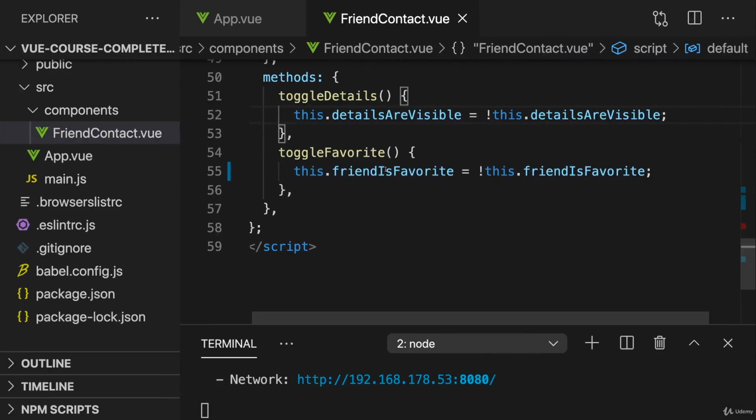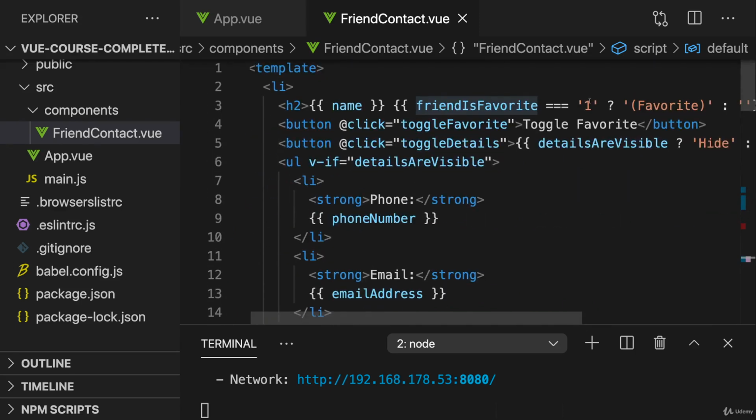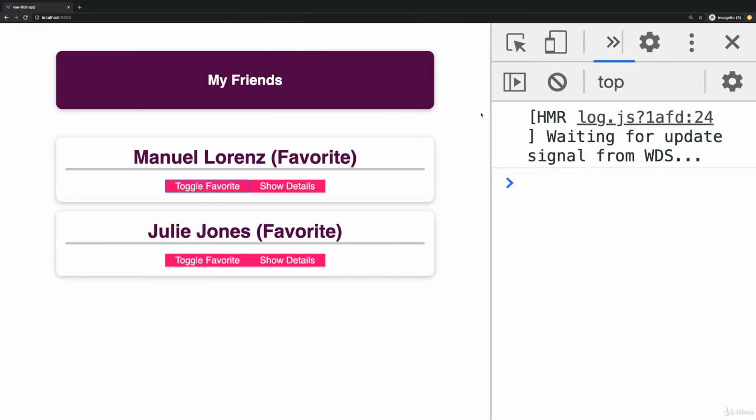Now toggle favorite is not working here. Let's see why that is the case. Yeah, because this check of course is wrong. Since it's a boolean, we should check if it's true or false like this. So if I now adjust this,